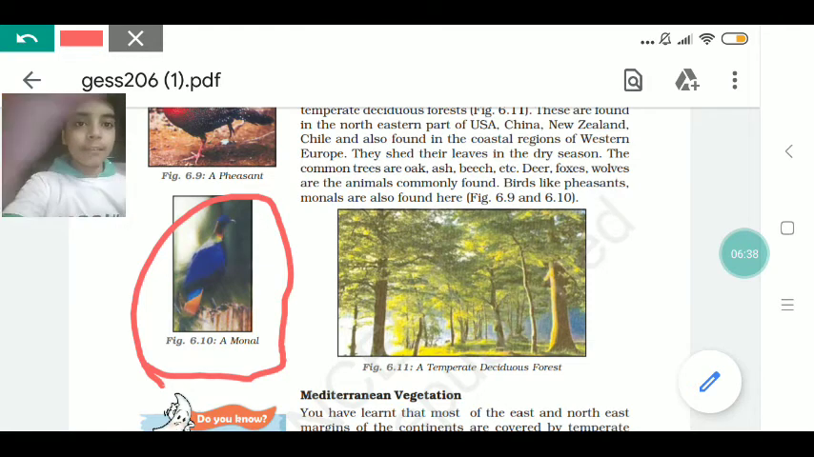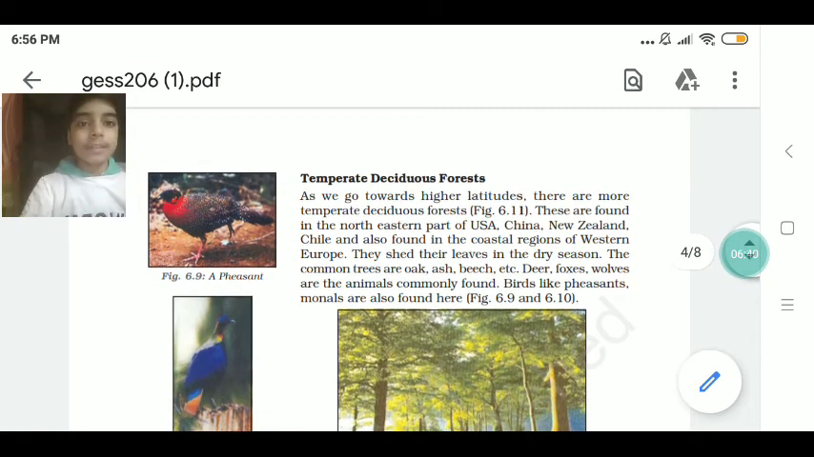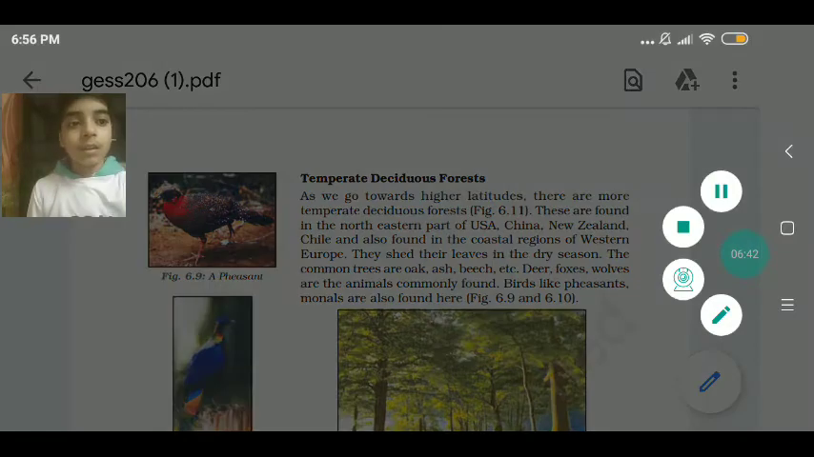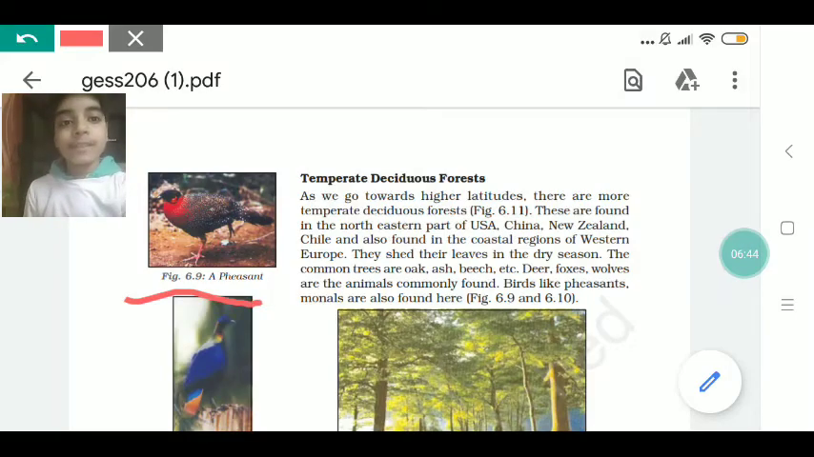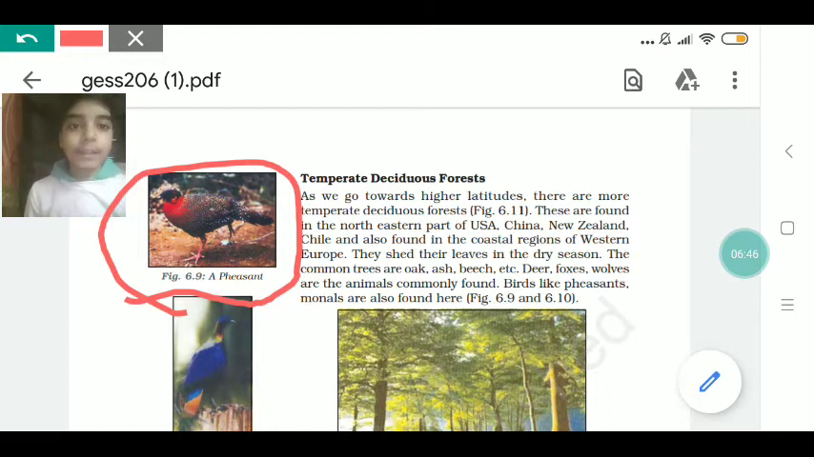Let me show once again. One second. Yes, this is pheasant. Okay, you can see in the picture. This is the pheasant, and the picture which is downside to the pheasant is monarch. Okay. Now let's move